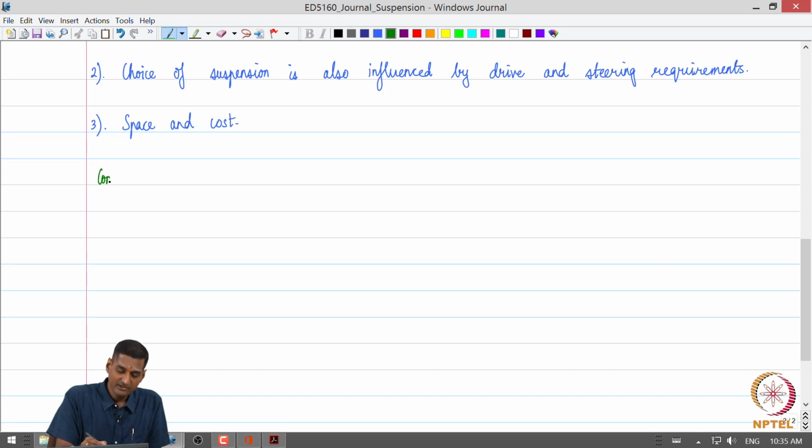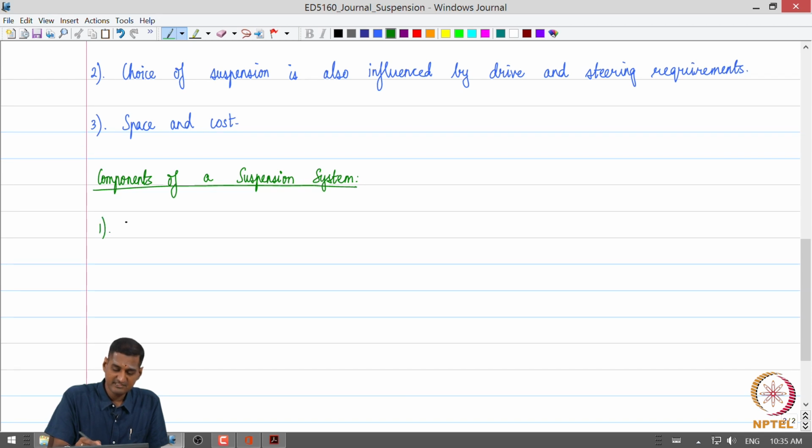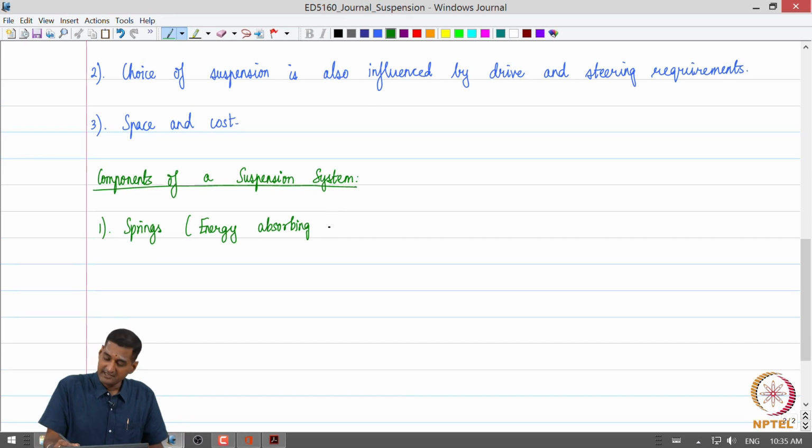So, if we look at a broad level, what are the components of a suspension system that are used to achieve these functions. So, the first set of components are springs. Springs are nothing but energy absorbing elements, right. So, we get a disturbance or excitation from the road, that energy is absorbed by the spring, right, and